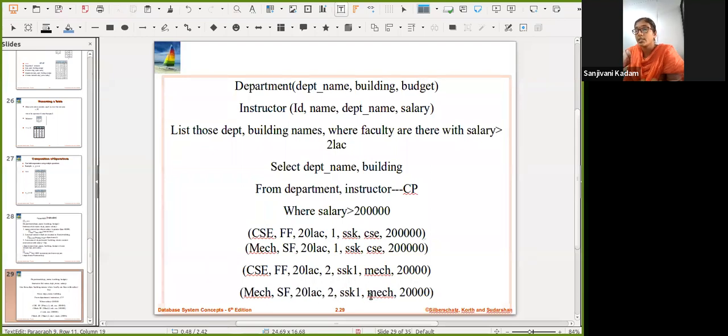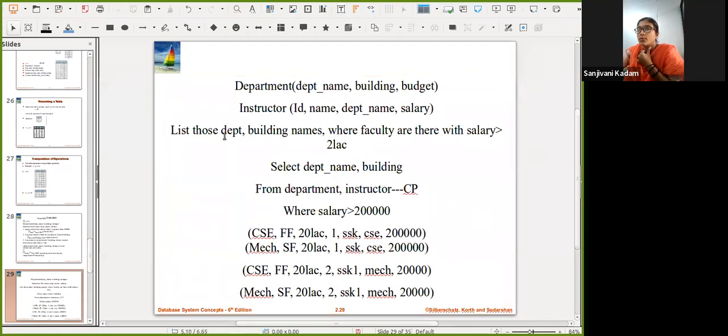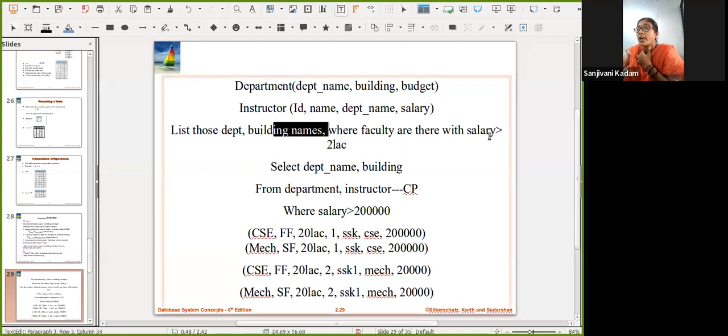irrespective of what I'm writing in the select. Right now, don't check for this department name. This department name is from the instructor and this department name is from the department. So capital and small, we can differentiate. Now whenever we are asking for the list of those departments and building names where faculty are there with a salary greater than 2 lakh, it means that first I need to find the faculty who has a salary greater than 2 lakh.